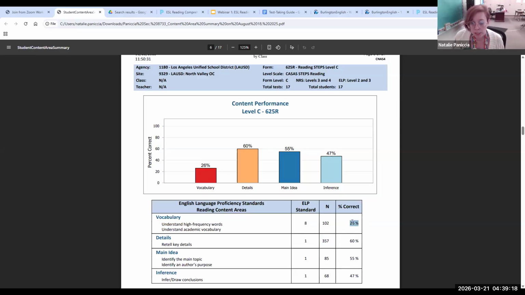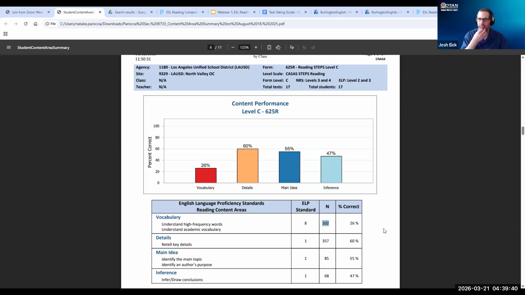It's the lowest performing and it's the second highest number of questions. So I'd probably want to focus on vocabulary primarily, but then also detail and some main idea and some inference. That's what I would glean from this data.